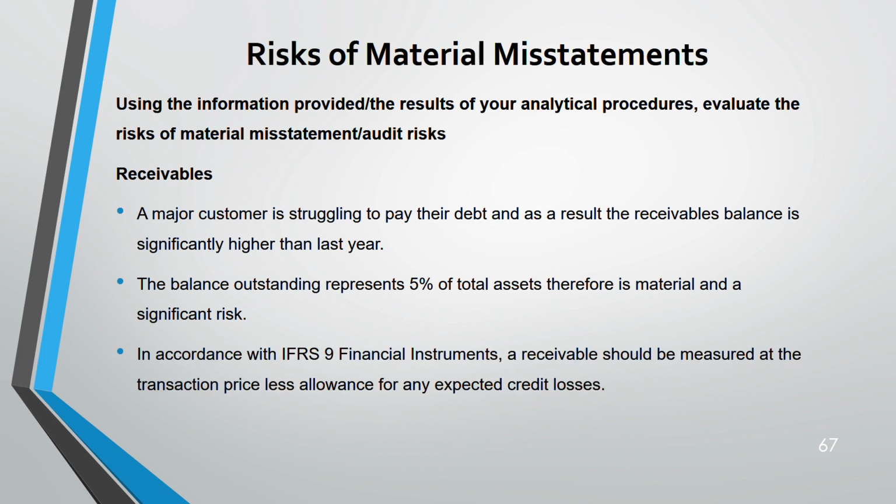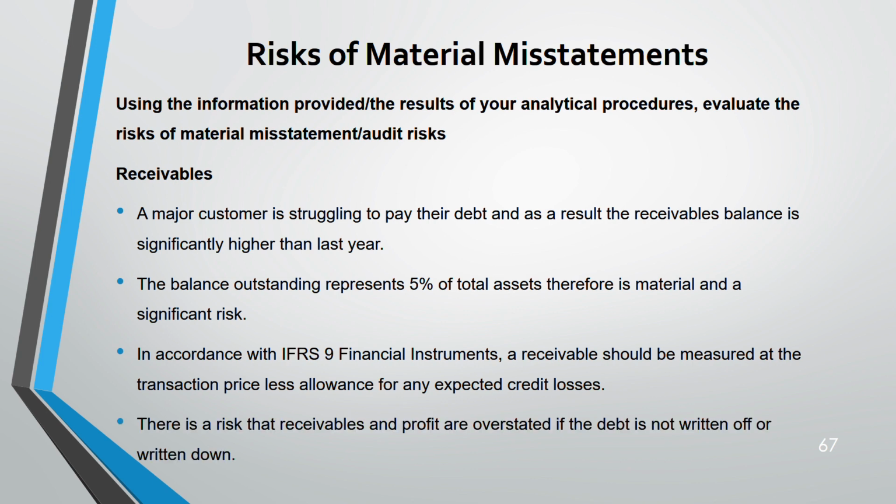Now, because the risk is significant, state the accounting treatment. What is a receivable? It's a financial asset. Understand, a receivable is a financial asset. So a financial asset is dealt with according to which standard? IFRS 9 Financial Instruments. It says receivables should be measured at the transaction price less allowance for expected credit loss. In case you forgot this, you need to go back to my SBR lecture on IFRS 9 and revisit this. It's explained in detail there. Here you don't need it in detail, but at least know this much.